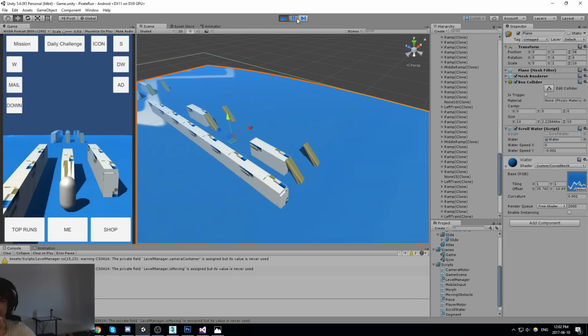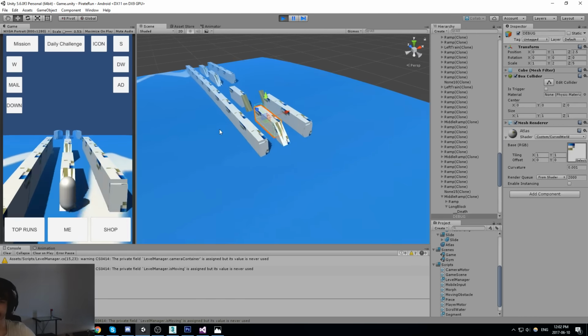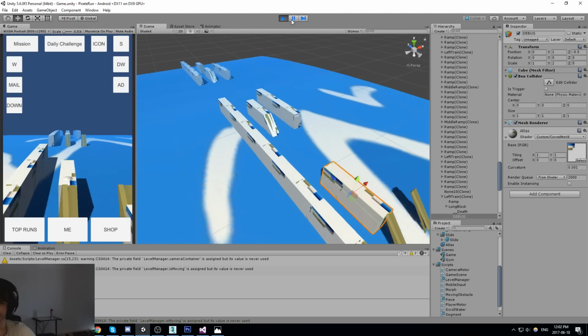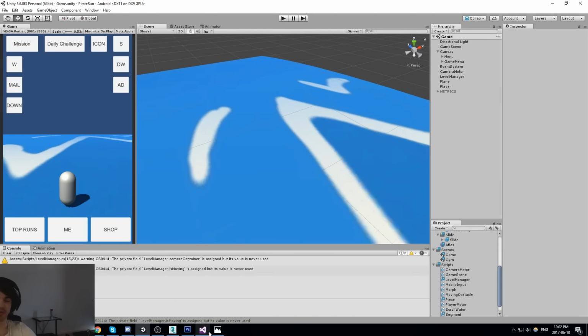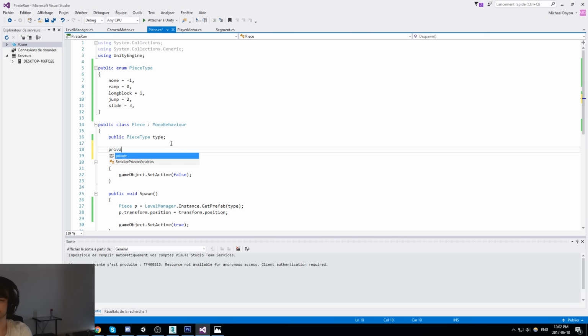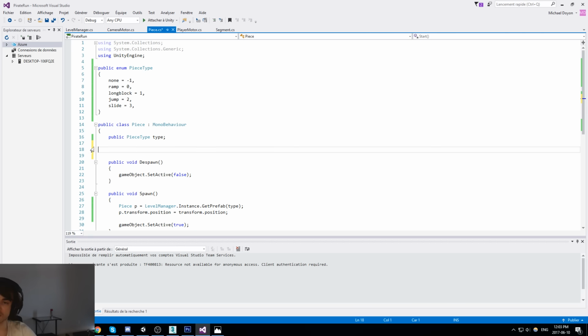What is this one for? Why is it spawning here? This is not a ramp. Also, I want to get rid of the old one. No, I can't do that in the start. I have to do that in the spawning.